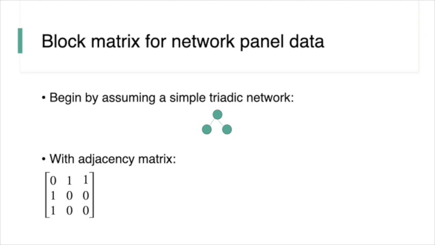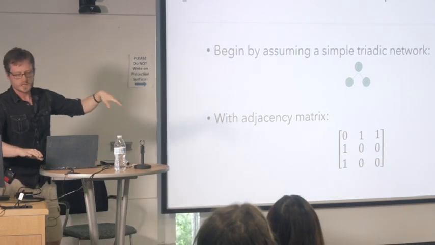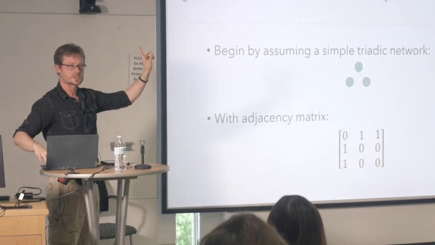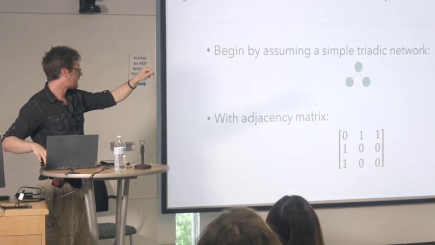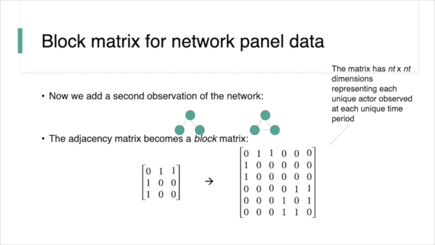So rather than taking one simple network representation, which is the triadic network, and I actually did not plan this out, it's the same network as on the board, which is great, but it also shows I don't have many unique ideas. So we start with this representation, which in this example of a classical ERGM is a cross-sectional single measure of a single network. But now we have multiple measures. Now we have two time points of the same network where one new tie forms between the two observations. So our single adjacency matrix now gets expanded to be a block adjacency matrix